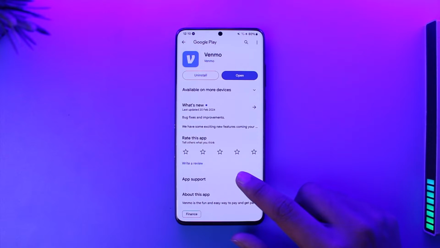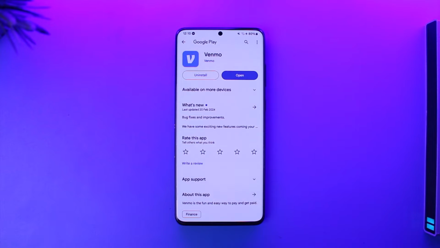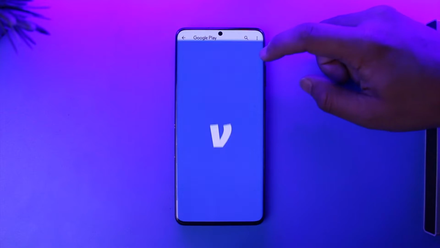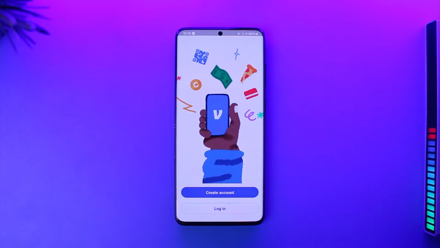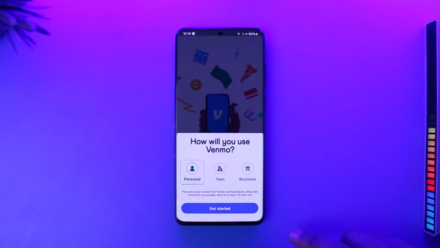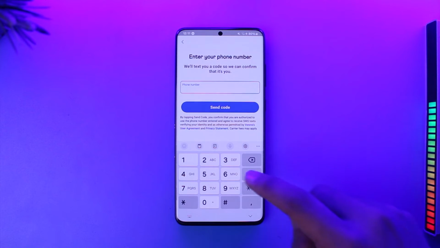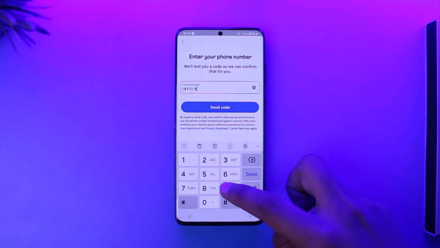In today's video we are going to learn how we can make a new Venmo account with the same phone number, so make sure to watch the video till the end. If you already have a Venmo account with a certain phone number and you want to create a new account with the same phone number, maybe you're trying to create an account over here,